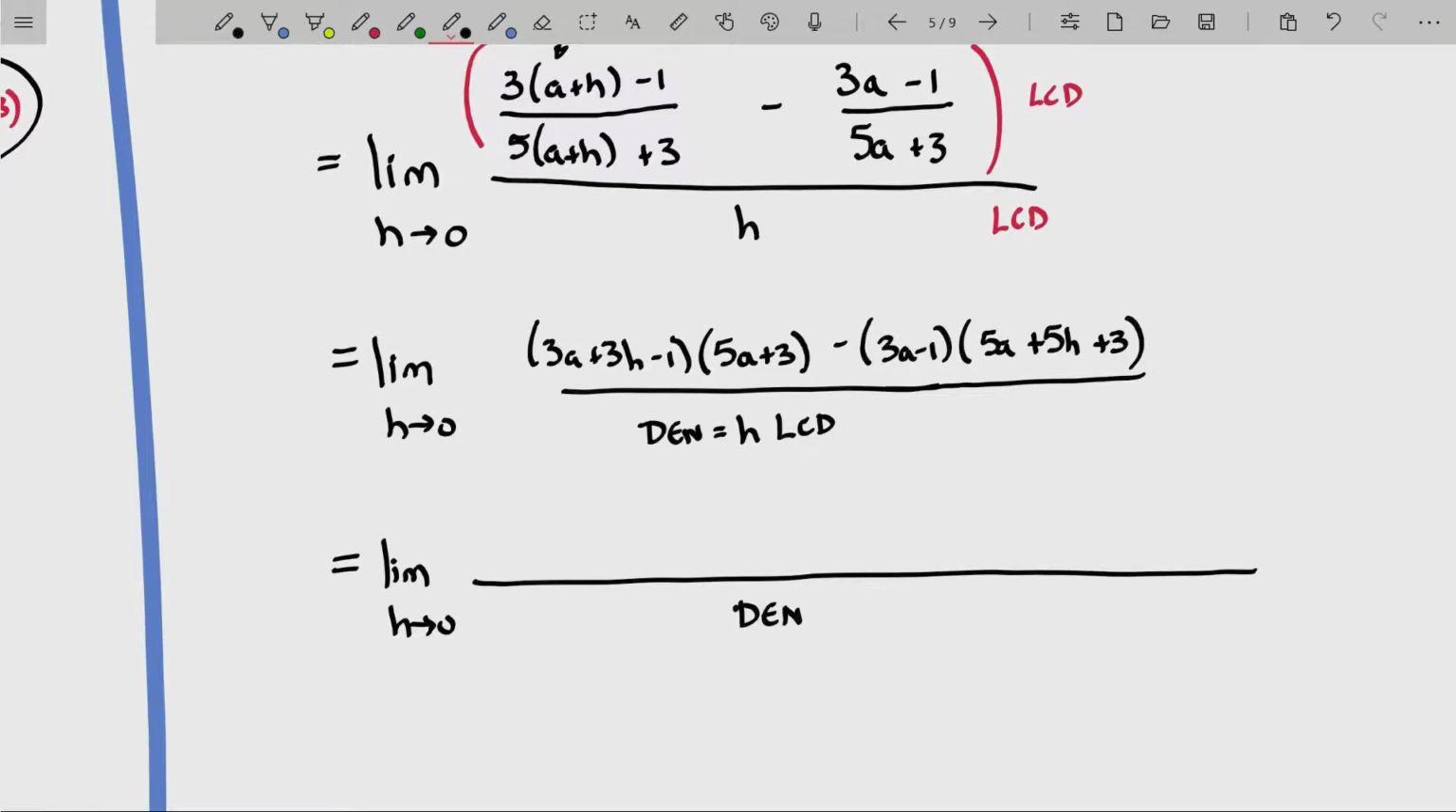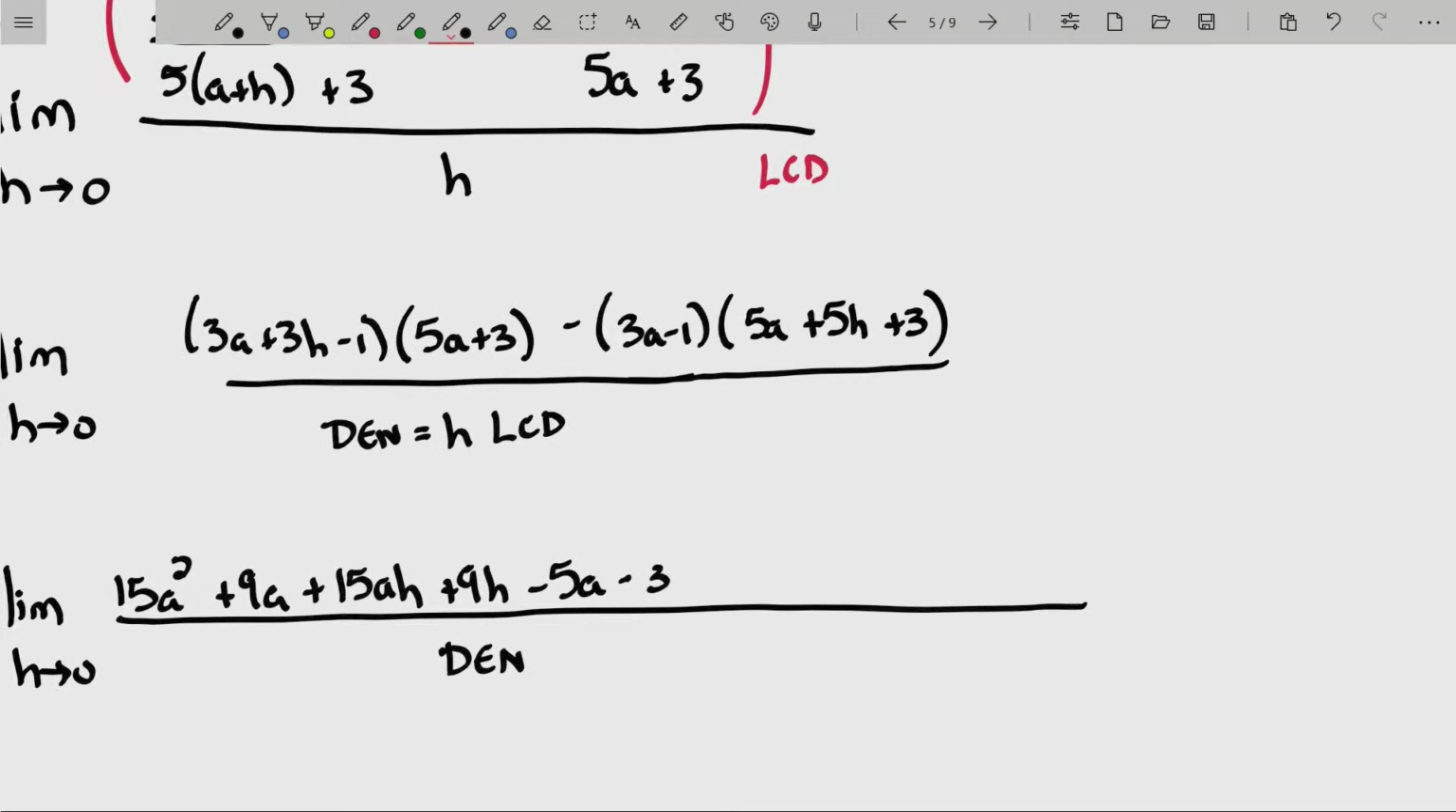The numerator is a distribution process. So here I go. 15a squared plus 9a. Is that right? Yeah. Plus 15ah plus 9h minus 5a and minus 3. The next group, a little bit dangerous here, but it's going to be a negative 15a squared, a negative 15ah, a negative 9a, a positive 5a, negative 5h,